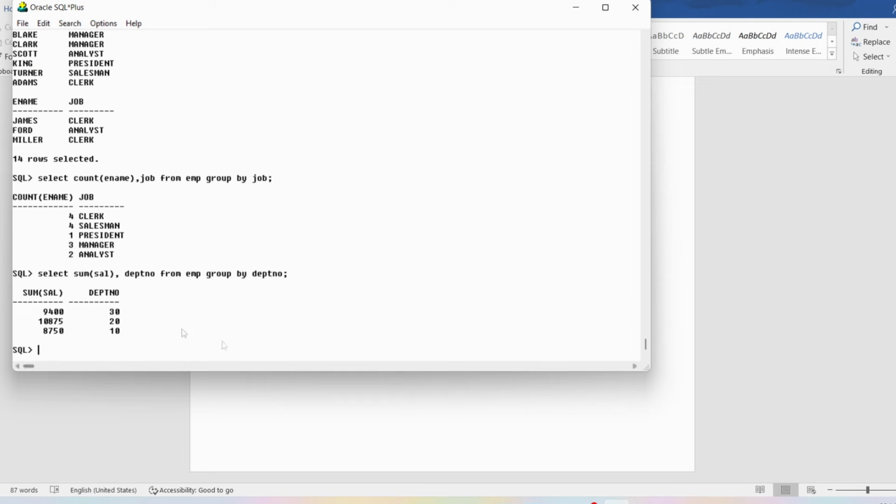Now if you want to verify, you can verify the employees who are working in department number 30; all their salaries have been added. Now you can see 9,400 is the total salary of all the employees working in department number 30. Similarly, for the employees in department number 20, the sum of all their salaries is 10,875. Similarly, for all the employees in department number 10, if I compute the sum of their salaries,